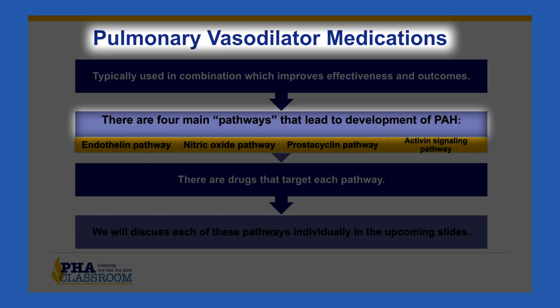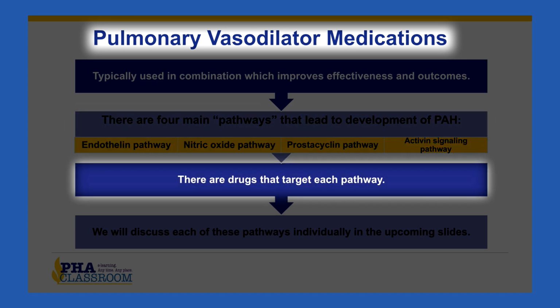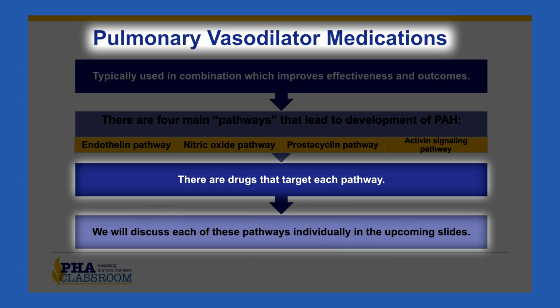And currently there's 4 different pathways that lead to pulmonary hypertension that we have treatments that we can affect. And so those are the endothelin pathway, the nitric oxide pathway, the prostacyclin pathway, the newly recognized, I suppose, but the newly treatable activin signaling pathway. And so we have drugs within each one of these pathways that can target that and decrease pulmonary arterial pressures, helping patients feel and function better. And so in our upcoming series of talks, we'll discuss each one of these pathways individually and the medications that